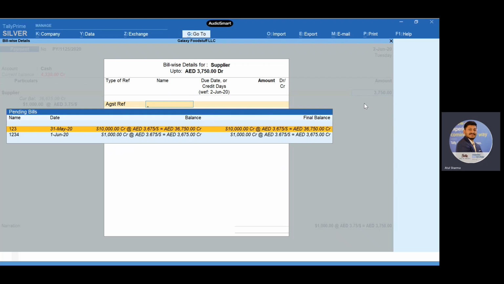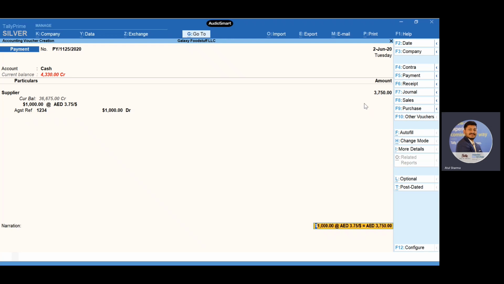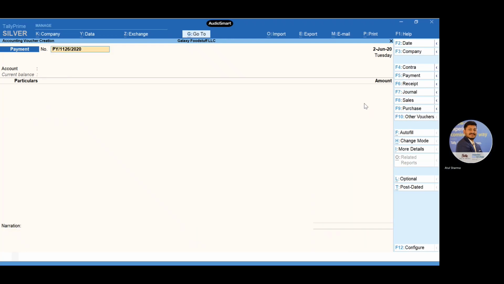I have recorded two different invoices. So on 1st June I recorded the transaction which was 1080. Now I'll save it. So this amount also I'll record and save. Okay. Now I have recorded one purchase, and second I have recorded one payment.